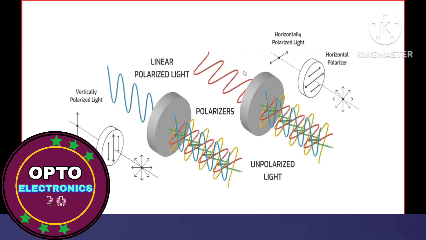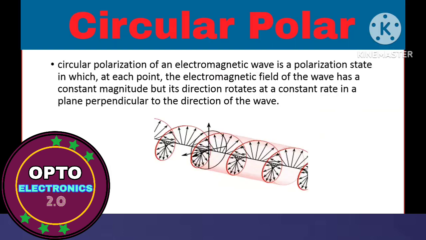If you have a horizontal polarizer, once light is passing through it, these are basically the spaces on the polarizer through which light passes, and you will be getting only horizontally polarized light at the end. Similarly, if the polarizer is vertical, you will get the vertical component. Moving on,